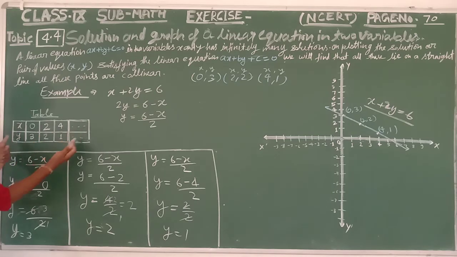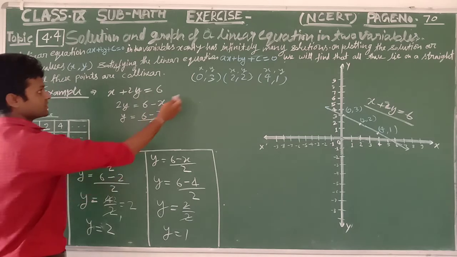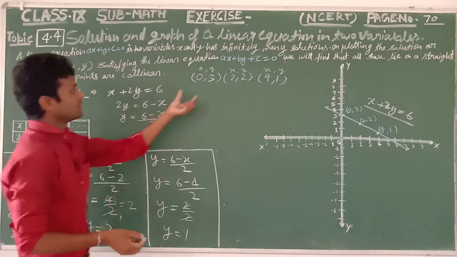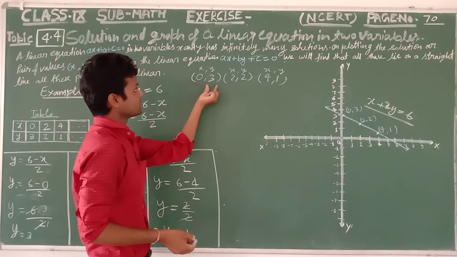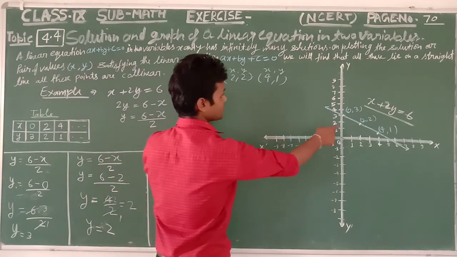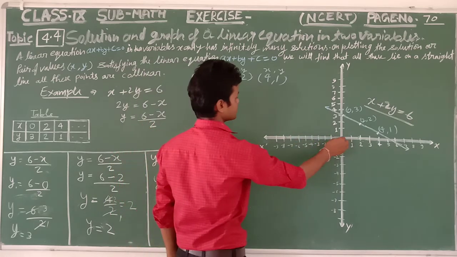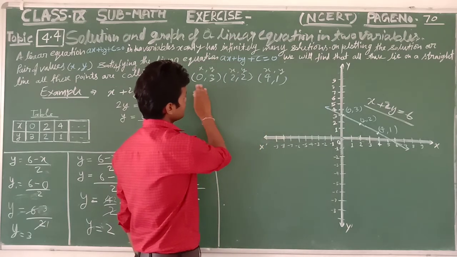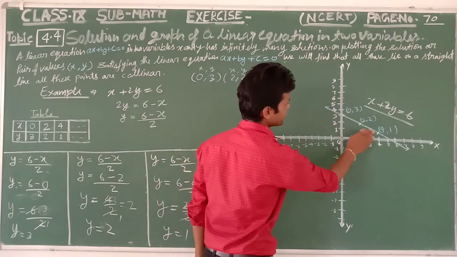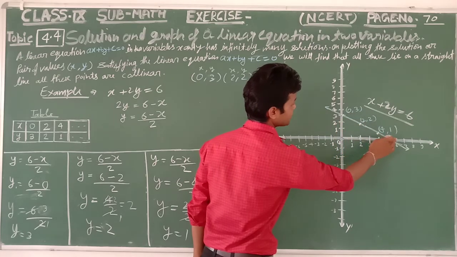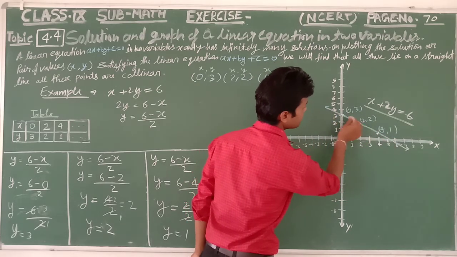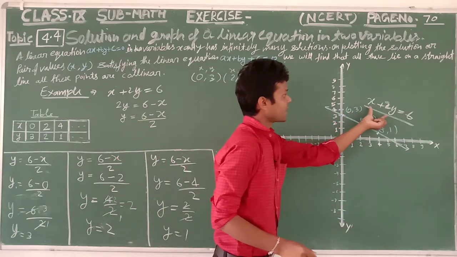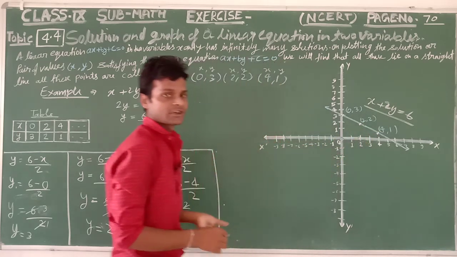You collect some points x and y, writing them this way: 0 comma 3, 2 comma 2, 4 comma 1. Then you check the x axis distance and y axis distance in the graph. With x 0, y distance 3, you go to 3 here. Similarly you do the same for all points, write the name of each point, and meet all the points together to get a straight line. This is called a linear equation. This is the equation for this line. I hope you understand. Thank you.